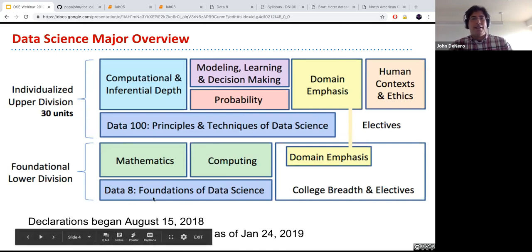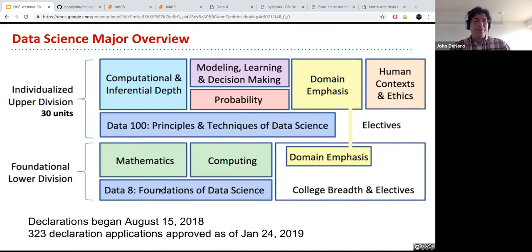So they take this course, and then we debated a lot whether we needed follow-on courses for this, whether there should be an intro series, but eventually concluded that the courses we had on campus were sufficient to build upon what we had introduced in Data 8 in order to get them to a level where they could go into more detail, deal with the more subtle issues that arise in data science at the upper division level. They take a couple of programming courses, they take calculus, they take linear algebra,